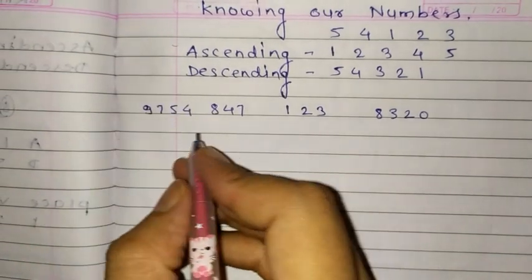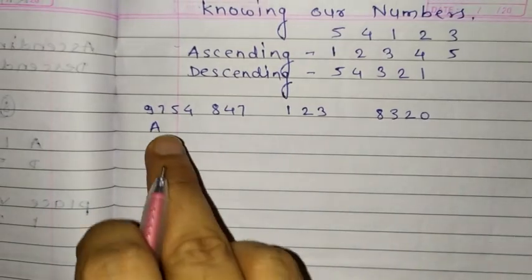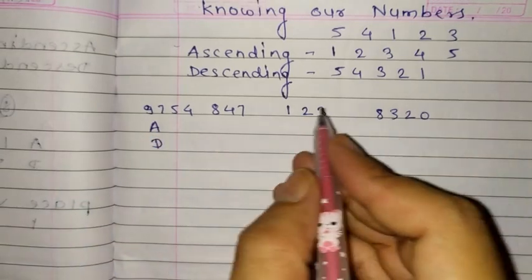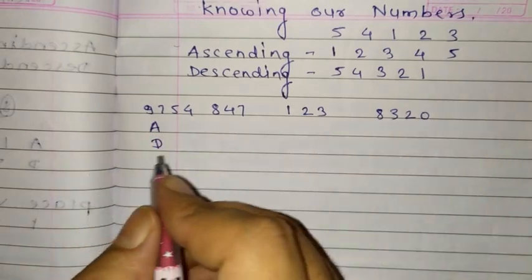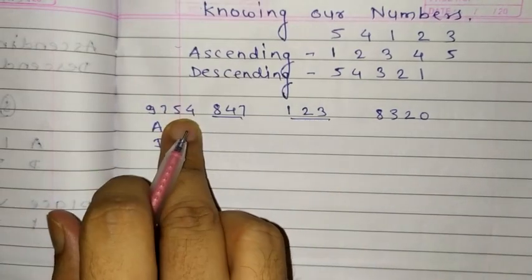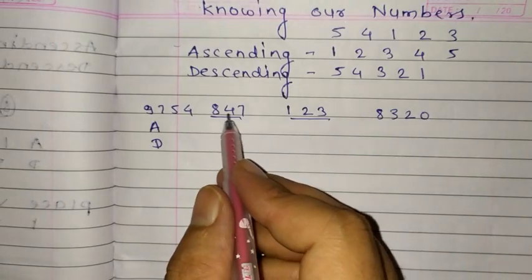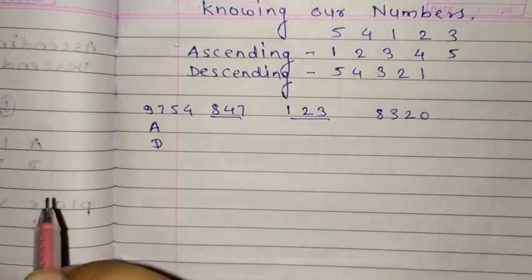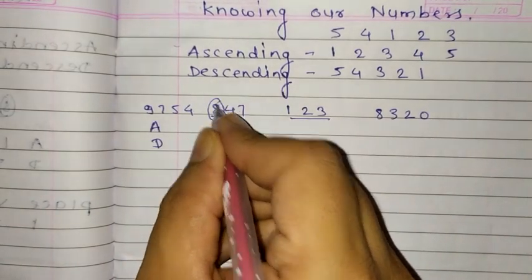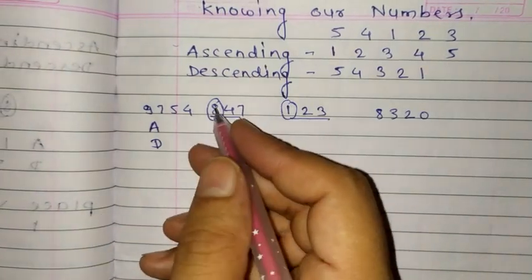Now we will solve one exercise. I want to put this set of numbers in ascending and descending order. As you know, ascending means smallest number first. In between these, which one is smallest? Definitely in between the 2, because here there is a 4 digit number, 3 digit, 3 digit, 4 digit. As we have 3 digits in both, you may get confused about which one is smaller. So from the right hand side you check the number: here it is 8, here it is 1. So 1 is smaller than 8.